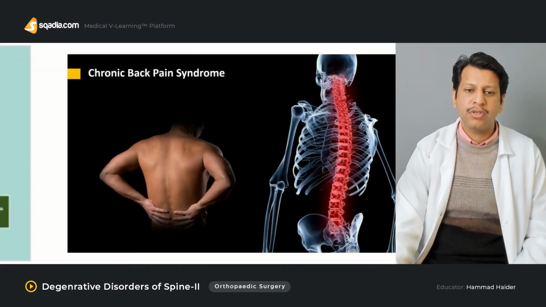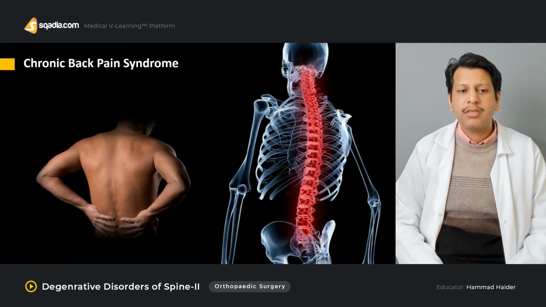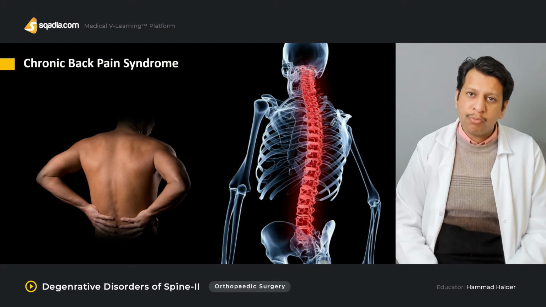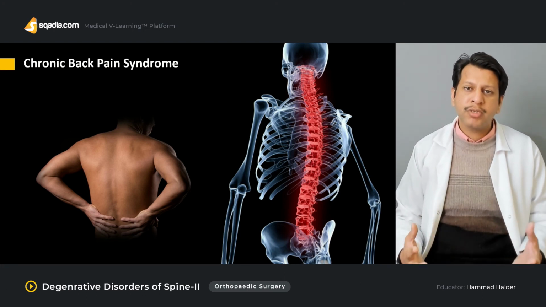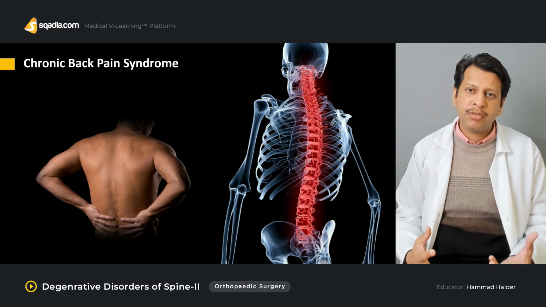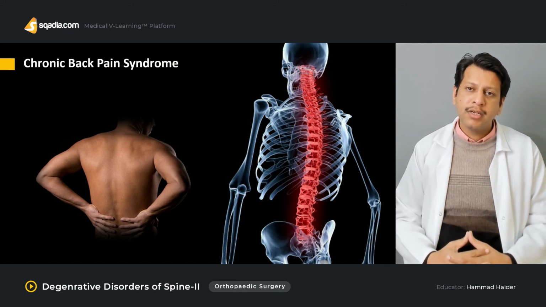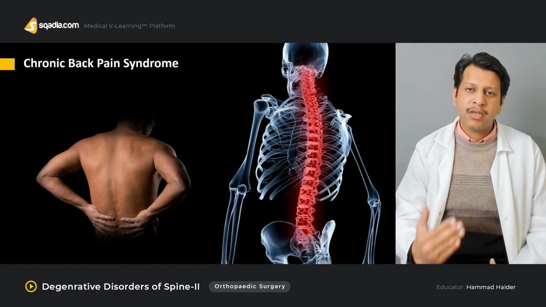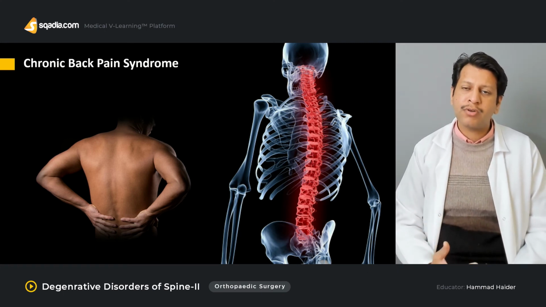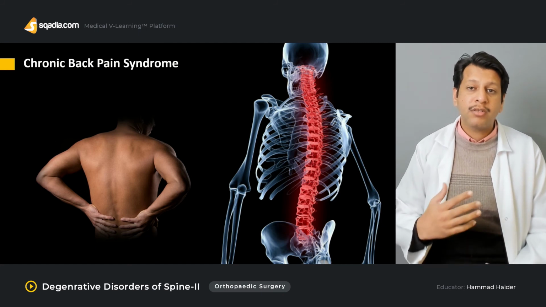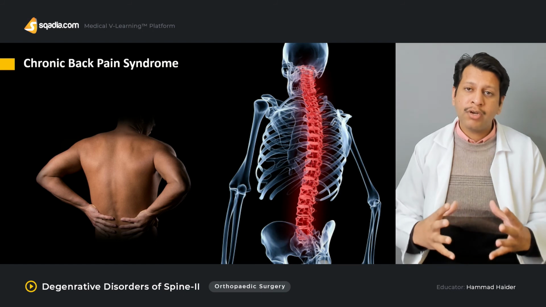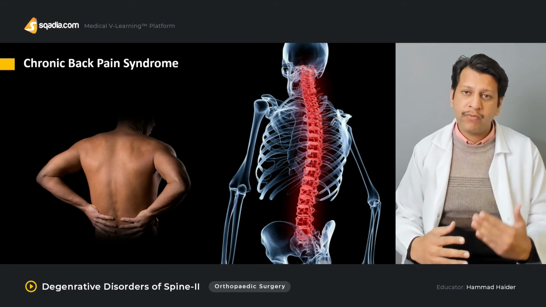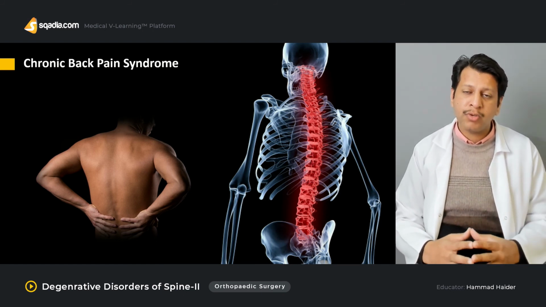From then onward, we'll be discussing chronic back pain syndrome. As you know, chronic backache is a very common symptom and a very common presenting complaint as well. I will be discussing how we can assess a patient and how to take the history of chronic backache, and what to look for on examination so that you can narrow your diagnosis, and how to make differentials of chronic back pain syndrome,